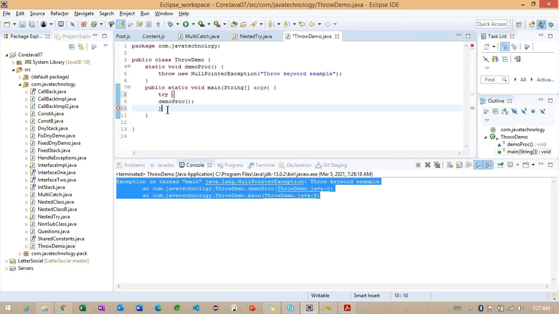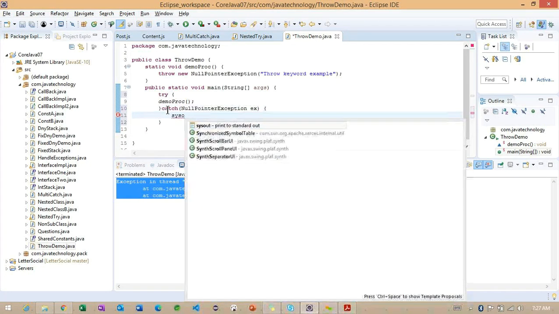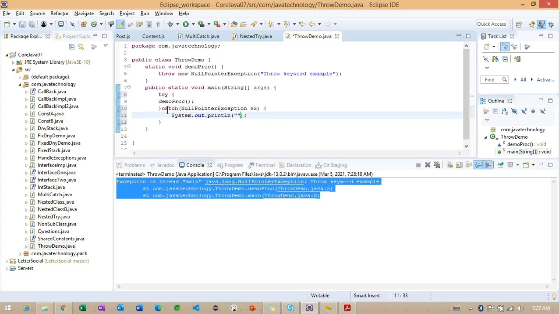inside the try block I'm trying to call the demo proc and I'm trying to handle this exception, NullPointerException ex. Inside this, I want to handle the exception in the main method, and if you want to provide the message also, we can specify.